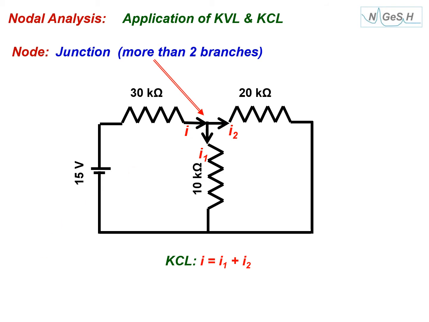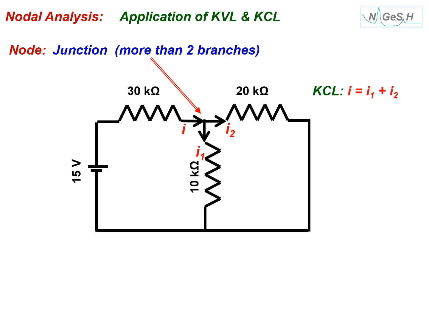Now, suppose we know the value of the voltage V1 at this node, then the analysis becomes much simpler. Because we already know the voltage on this side, it is 15 volts in this problem. Otherwise, you may think of it as V0. If we know the voltage on this side, and we also know the voltage on this side, that means we know the voltage on either side of a device or a resistance, then we can easily calculate the current.